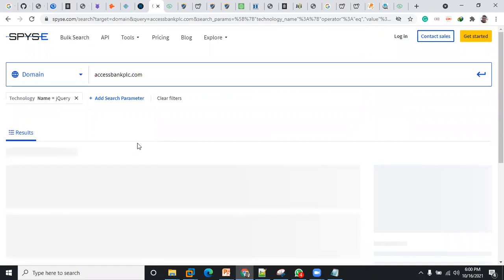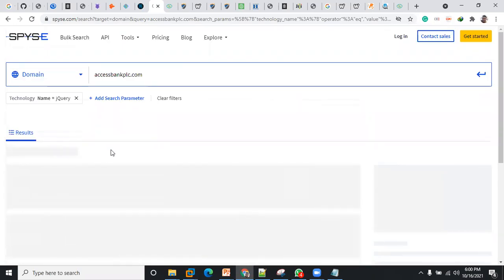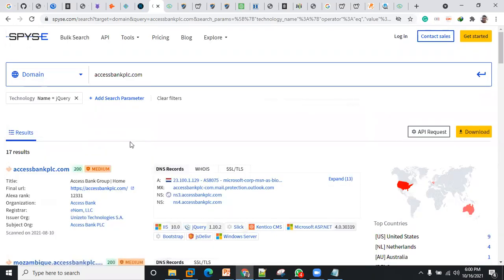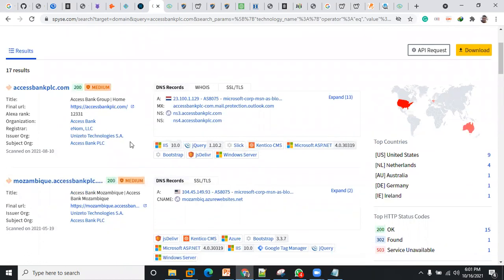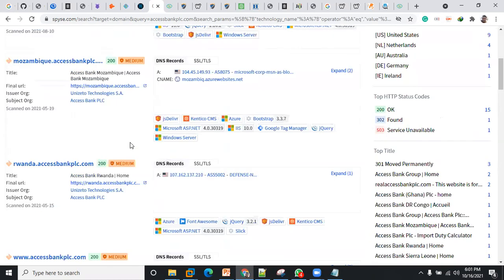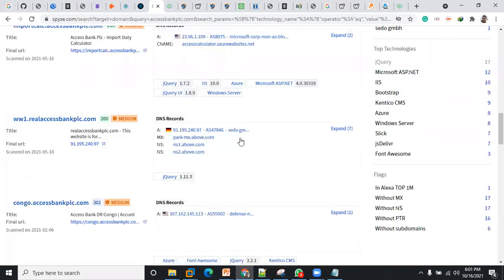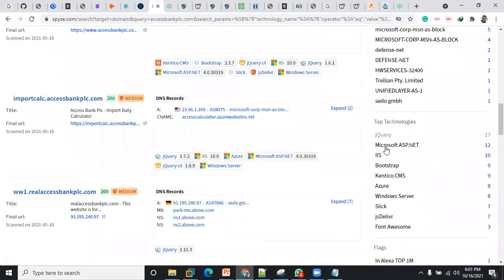If, for example, the version of the software they are using is unpatched, this can give an attacker a way to look out for any vulnerability that can exploit that and use it against the victim. Currently, you can see the jQuery version that is being used on this target, that's on Access Bank.